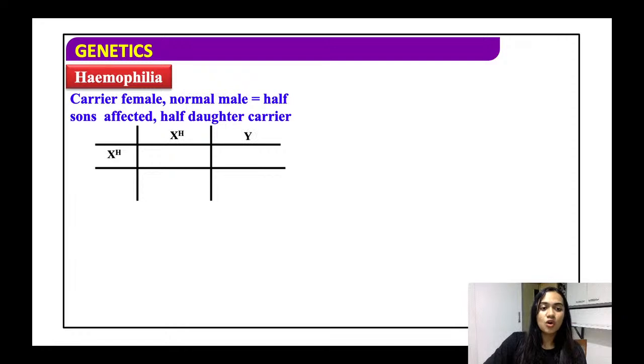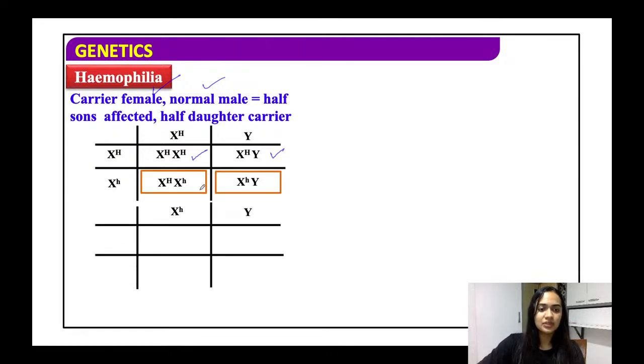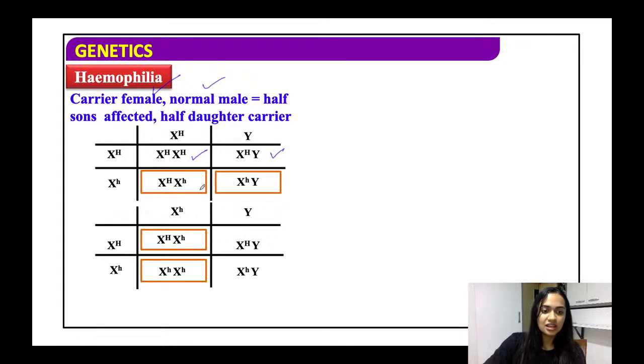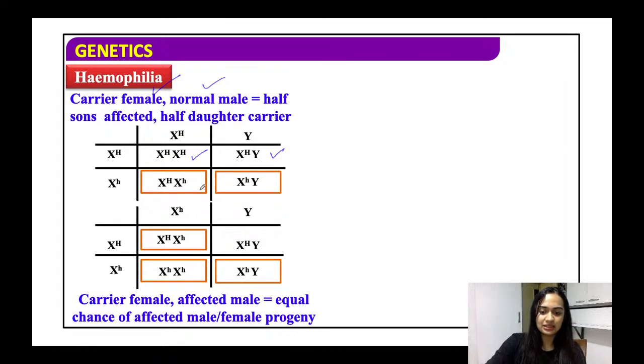So it is a recessive, so the small h represents the disease. So basically here it is correct, the female is the carrier and it is mating with the normal male. तो ये मेल जो है नॉर्मल है, तो ये फीमेल कंप्लीटली नॉर्मल हुई, ठीक है, मेल भी कंप्लीटली नॉर्मल हुआ, एक जो मेल है वो इफेक्ट हुआ एंड ये जो फीमेल है वो कैरियर बनी, ठीक है। अभी नेक्स्ट कंडीशन, यहाँ पे जो मेल है वो इफेक्टेड है, फीमेल कैरियर है, ठीक है, तो इसमें हमें क्या देखना मिलता है,